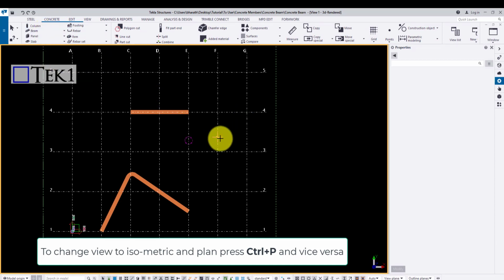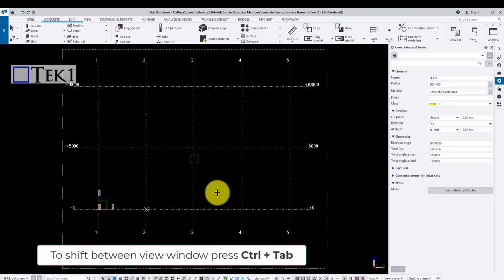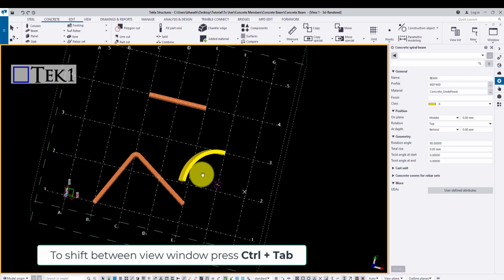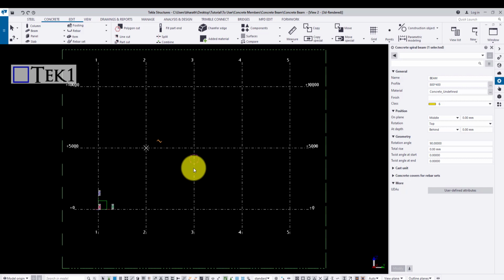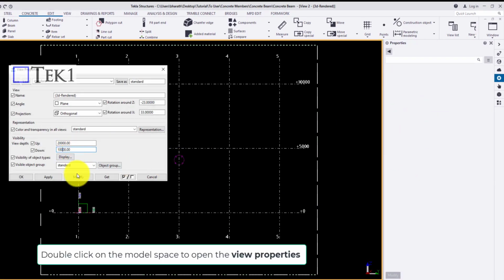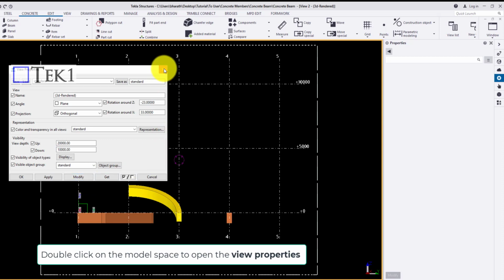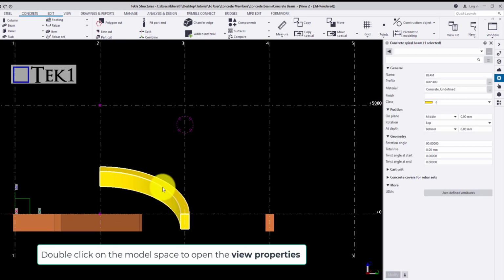Here I am going to choose the spiral beam and define its center point and radius. On the elevation, we can choose the height and click on middle mouse button to create the beam. Thus, we have the spiral beam created. To modify its properties, select the spiral beam and you could control its properties on the property pane available on the right side. Thus, we have seen drawing a